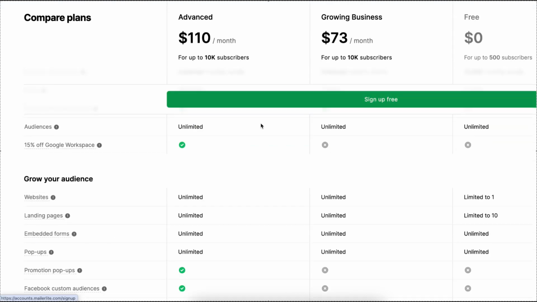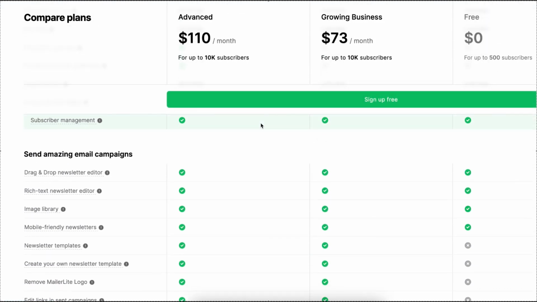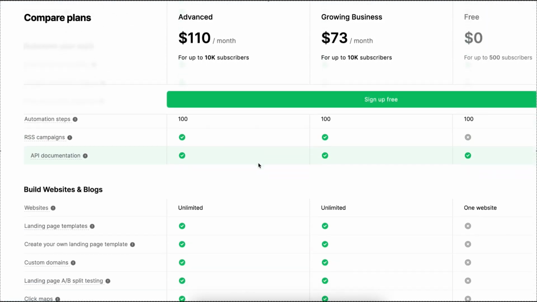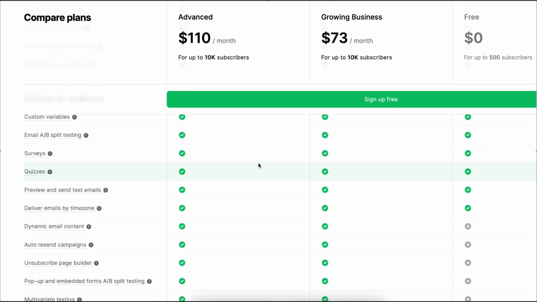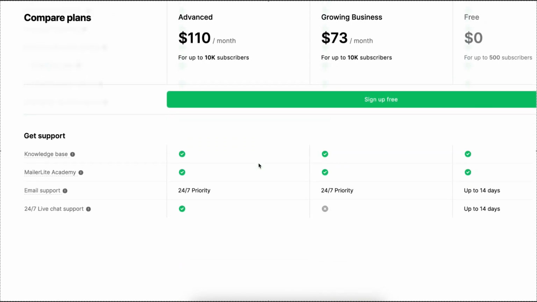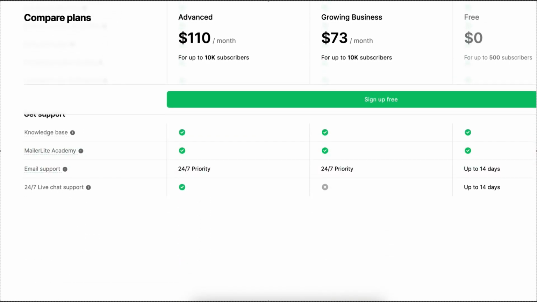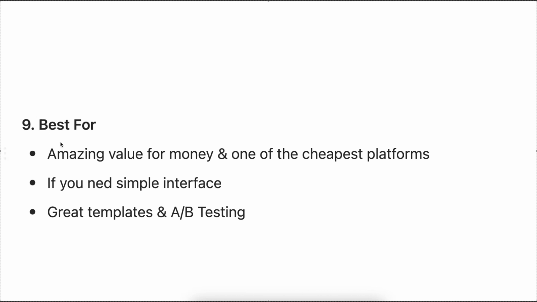But honestly, when it comes to pricing, I would say that this is one of, if not the best software for value for money. So I think MailerLite is honestly best for, it's just an amazing value for money. It's one of the cheapest platforms out there as well. If you need a simple interface,